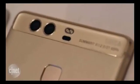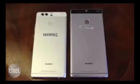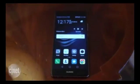If you fancy something a little bit bigger, then Huawei has you covered with the P9 Plus. Now this phone is essentially the same, but it does have a few key differences. It's bigger, of course. This is a 5.5-inch display. It's got a larger battery. It's got 4 gigabytes